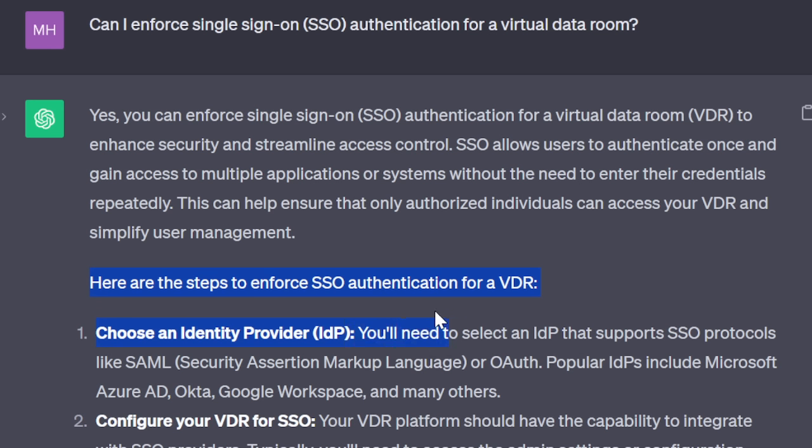Here are the steps to enforce SSO authentication for a VDR. Choose an identity provider (IDP). You will need to select an IDP that supports SSO protocols like SAML, Security Assertion Markup Language, or OAuth. Popular IDPs include Microsoft Azure,